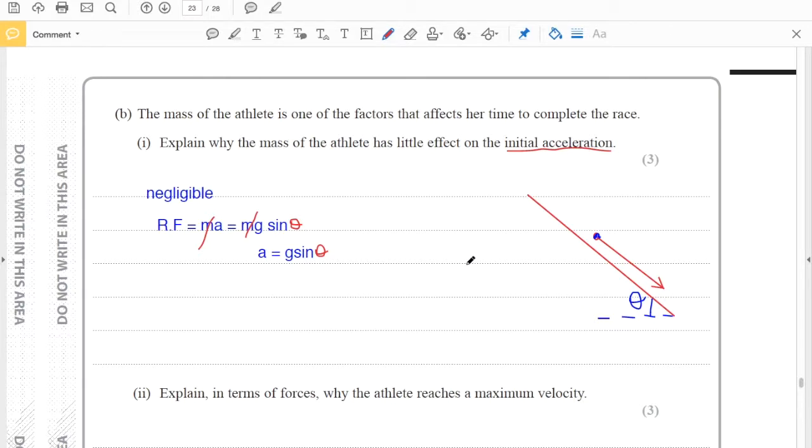I hope that's clear. So keep this point in mind. When the object starts to move, the opposing force is negligible. Hence, we can eliminate all those drag forces. It will only be the forces acting in the direction of the journey, and you try to figure out, for that particular application, what are the forces acting in that direction, and that will be equated to m into a. So in this case, m is cancelled, so it has no effect on the acceleration of the object.